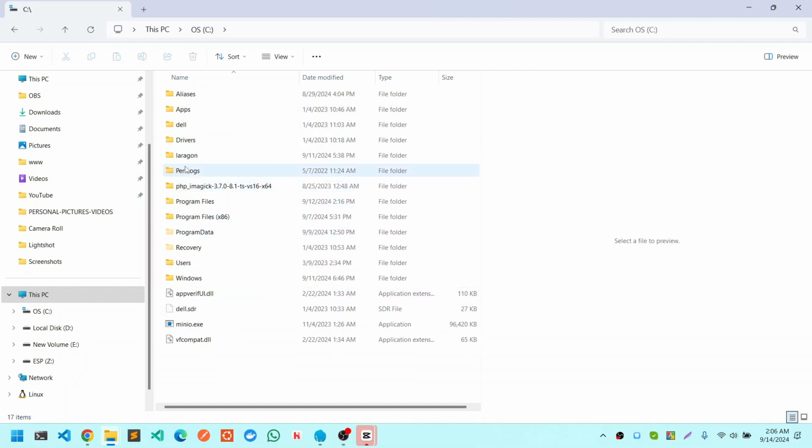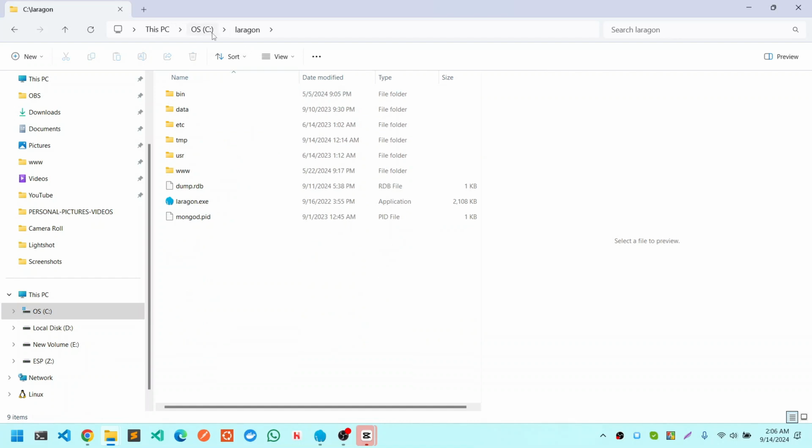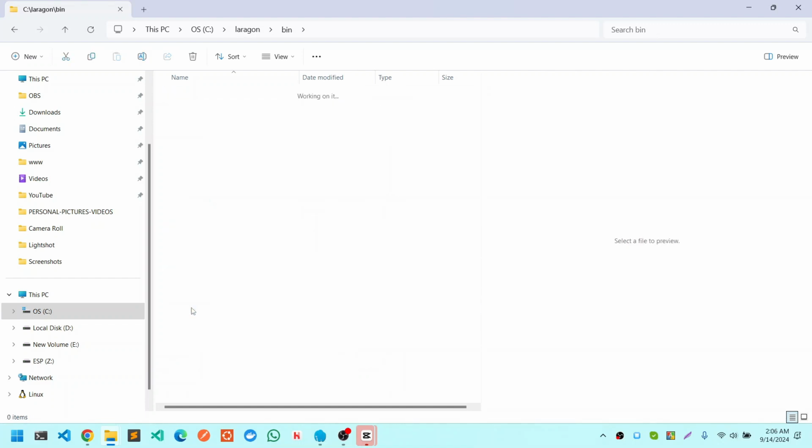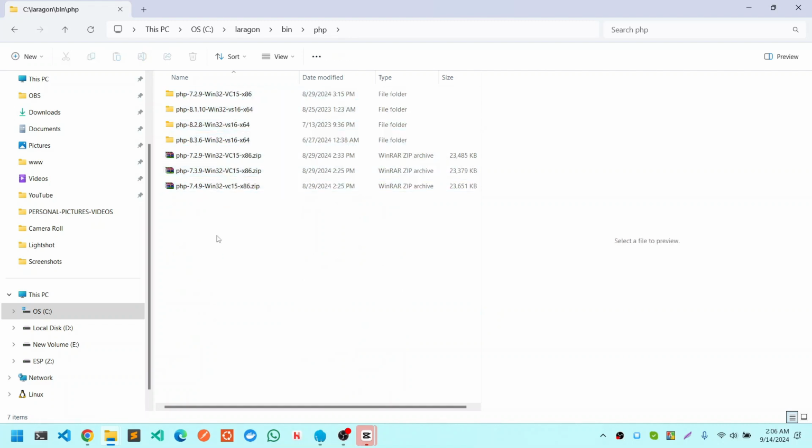I will navigate to this drive, go to the directory bin and PHP, and paste this 7.3 from the download directory to this directory over here, and after that I will simply extract this folder, and it will have the downloaded binary files with a similar folder name,